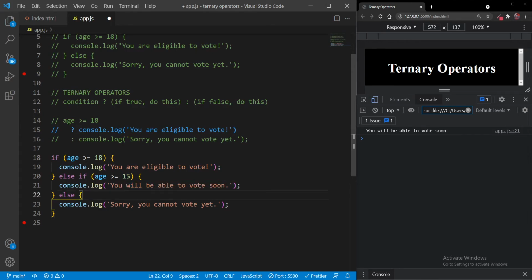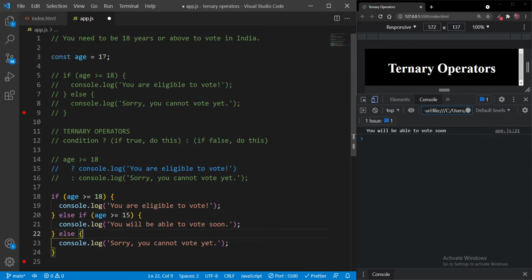And if they are not greater than 15, then they cannot vote. Now let's test this by changing the variable value. Like you can see, we have you will be able to vote soon because age is greater than 15 but less than 18. If I change it to 20 and save, they will be eligible to vote. If I reduce it to 12, they would not be able to vote.